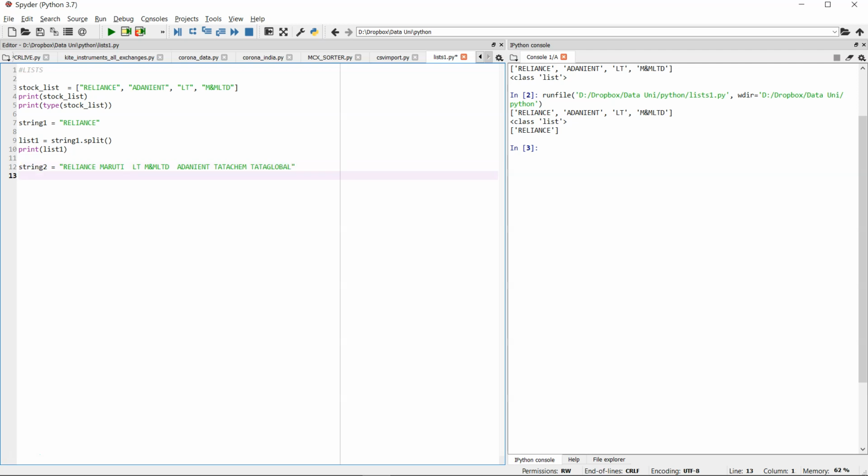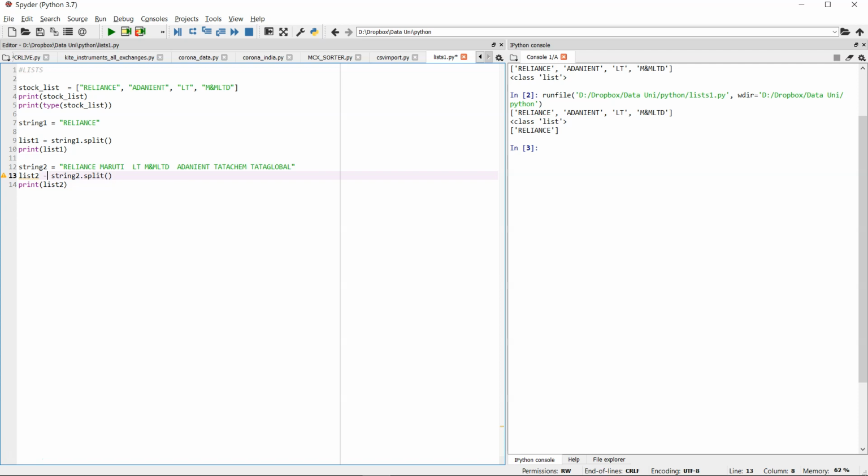So I've created this string 2. It's just a few stock codes separated by a space. Now what I have to do, list 2 is equal to string 2 dot split. Sorry, I'll do string 2 dot split and I will not add anything here. Now if I do print list 2,